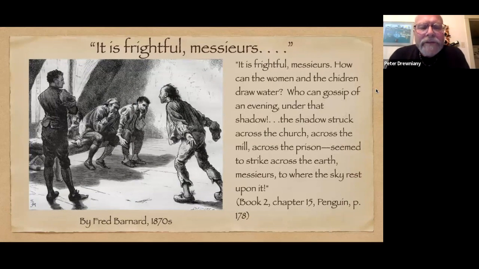Okay, I like this guy Fred Barnard better than Phiz, because the characters seem so much more realistic. So this particular illustration occurs when,